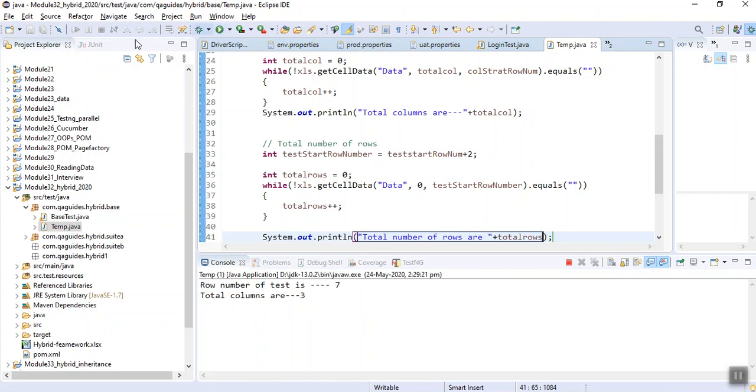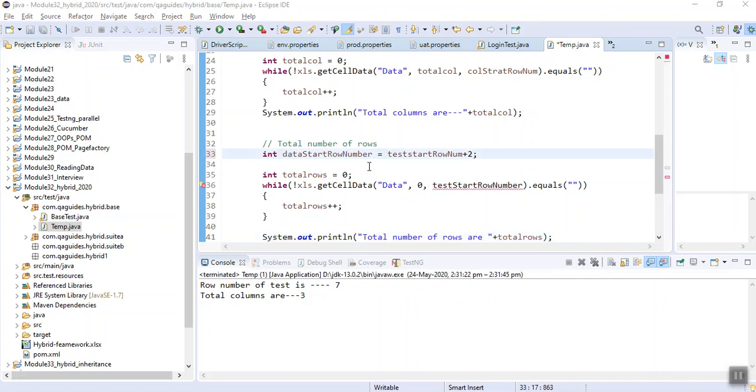Why is it showing me this? Just a second. I think I have done some problem. I'm making some changes. I am making this variable name as data start row number. Yeah, I'm getting some error.